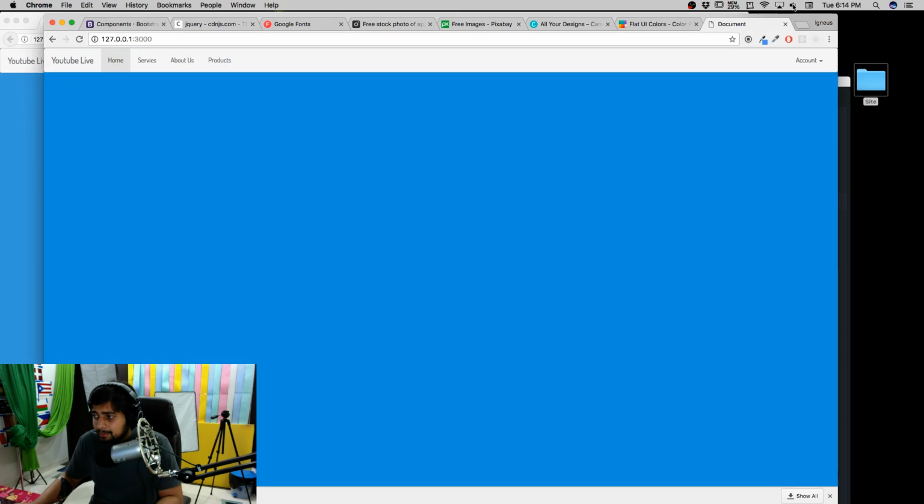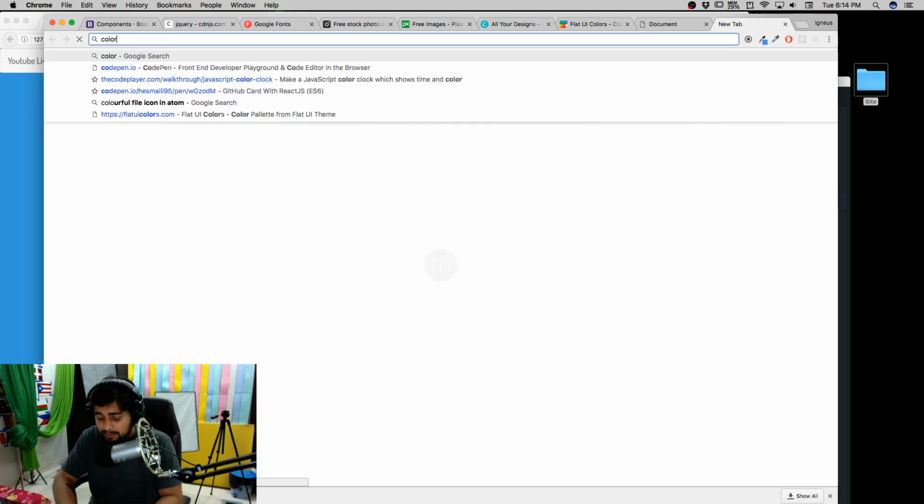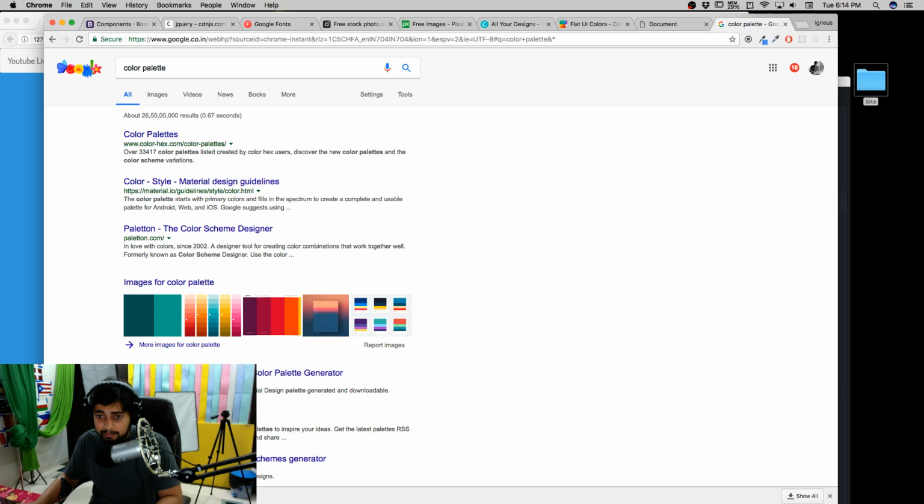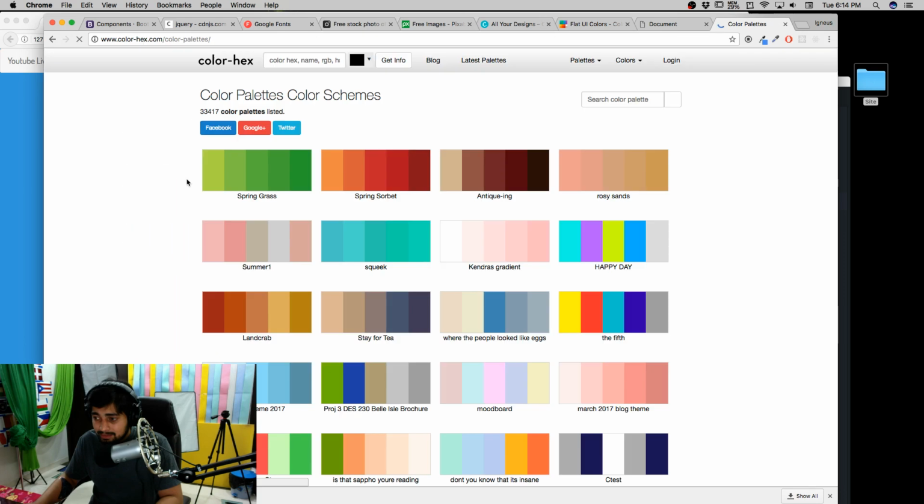Now also I would say, in case you are getting around with some competition or anything like that, using a color palette is always a good idea. There are a lot of websites which can give you color palettes, maybe Material Design or anything. A color palette is like following a set of colors.